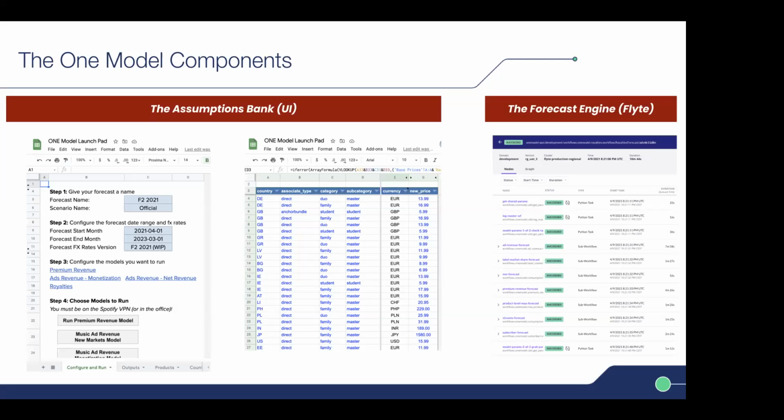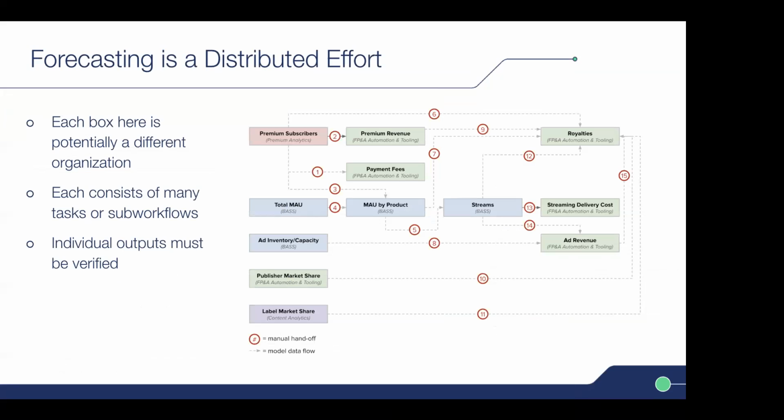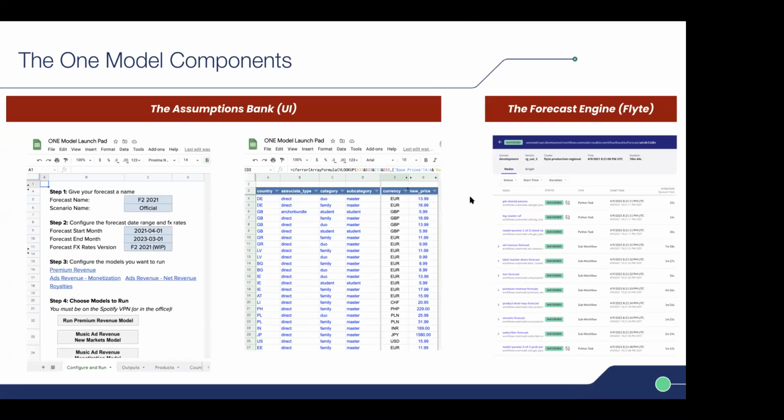The other thing I want to point out here is that there's really two pieces to one model as a system. The first is this forecasting engine, Flyte. So each of these nodes, if I can jump back, each of these nodes in the graph is a Flyte workflow, is the way that we're moving. And so this is really the Flyte piece of it. But there's a second piece, which is equally important. There we go. It's moving a little slow,